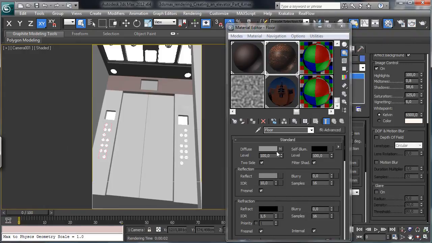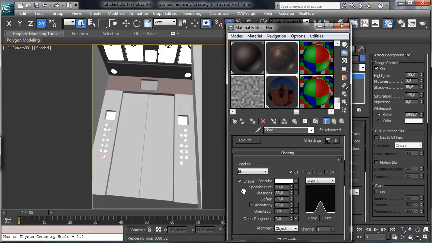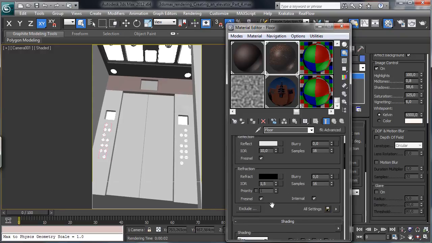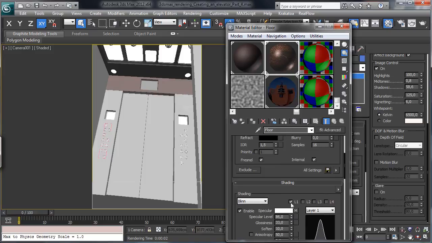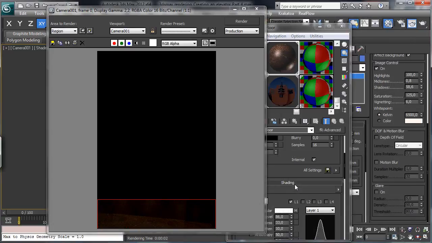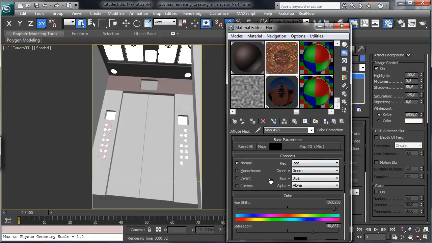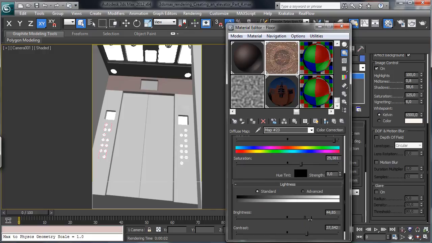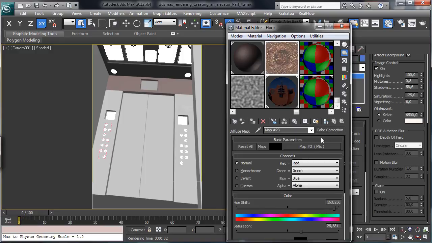Okay, see the reflectivity there. Let's use a higher reflectivity to see it better. Okay, but I like to have less roughness, and let's say maybe a little bit less reflectivity, and more specularity. Okay, and we can change a little bit the color correction there. And I like to have it a little bit brighter. Okay, and we have to add also the